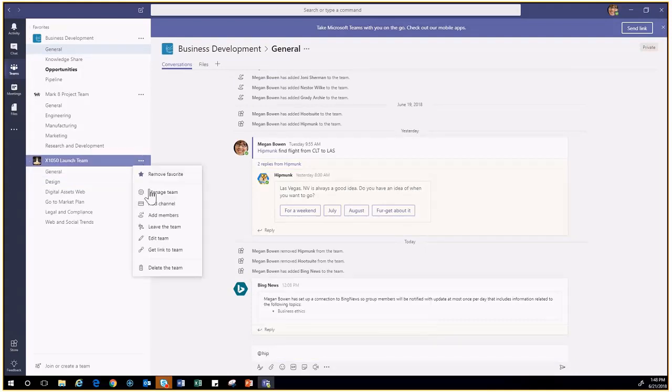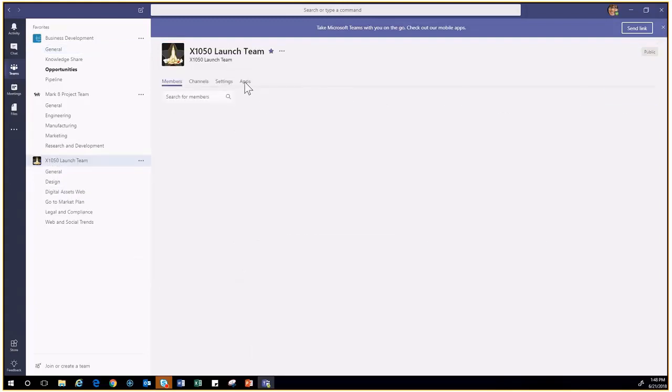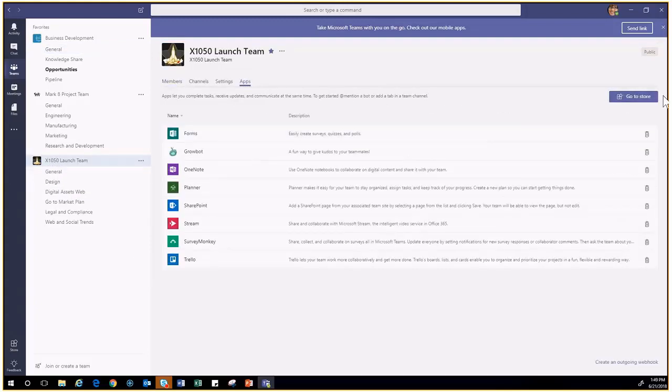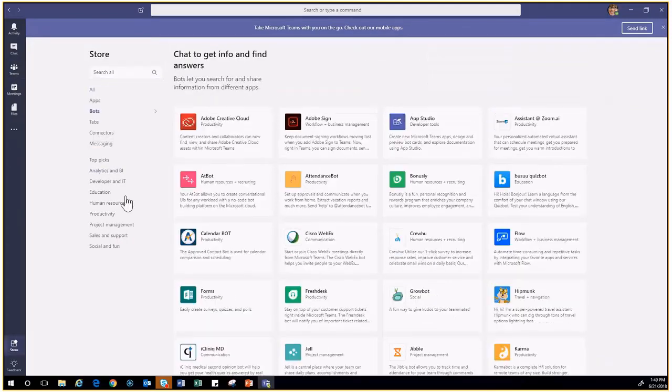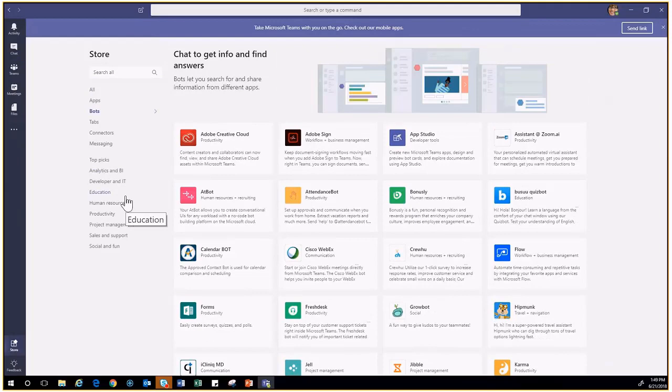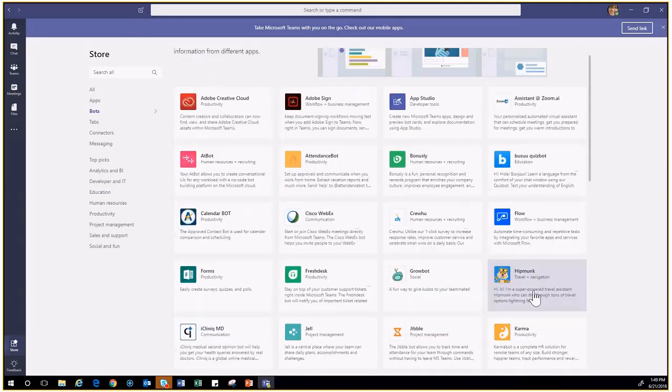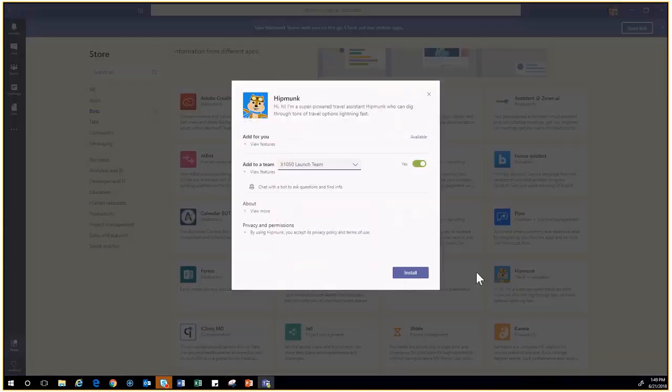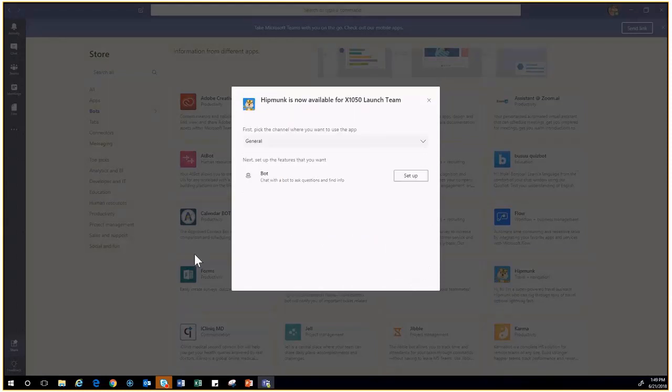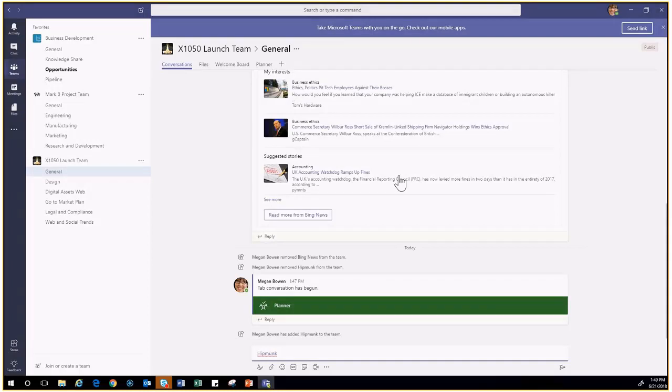So we go in here, we go to Manage Teams, we go to Apps, and we are going to go to the store. And you can specifically look at bots in here. I'm going to go in here and find Hipmunk, which is a travel and navigation bot. And I can come in here, and this bot can do some really cool stuff. This bot can find me plane tickets, can find me hotel rooms. So I'm going to put find flight from Charlotte to Seattle,